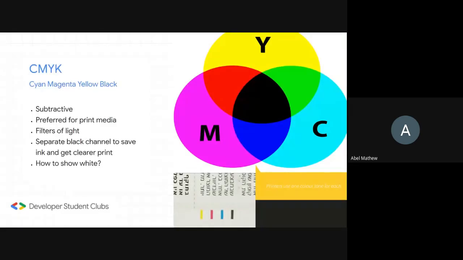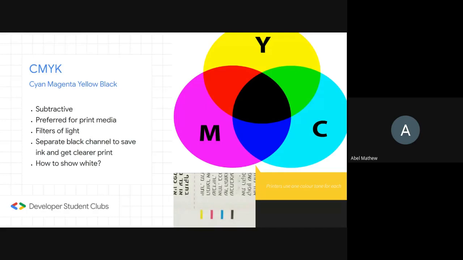You cannot generate pure black by mixing all of these. We usually get something which is very close to dark brown, not exact black, because theories don't work to the very extent in practical life. And the second point is to save ink, because if you want to print black, you have to use all 3 inks to get a particular pixel from 3 different ink toners. If you have a separate black ink, you can directly use that. So that saves the ink as well.